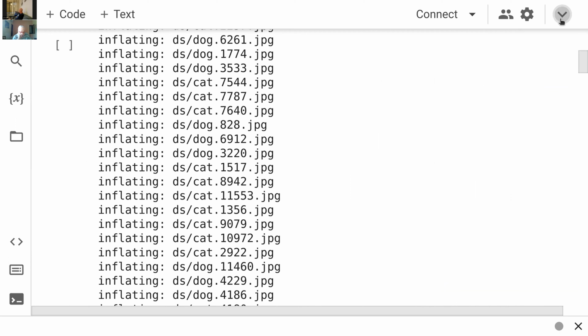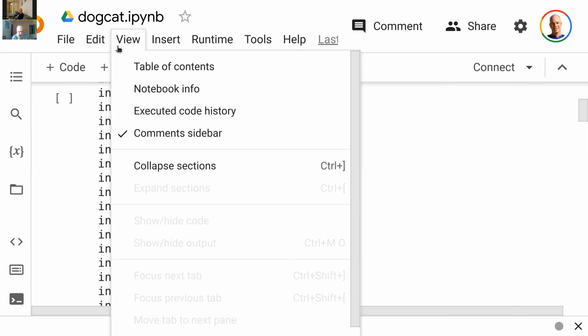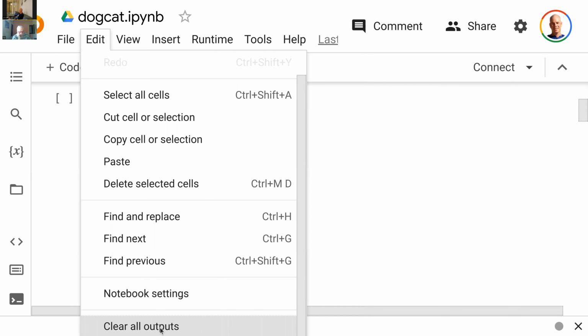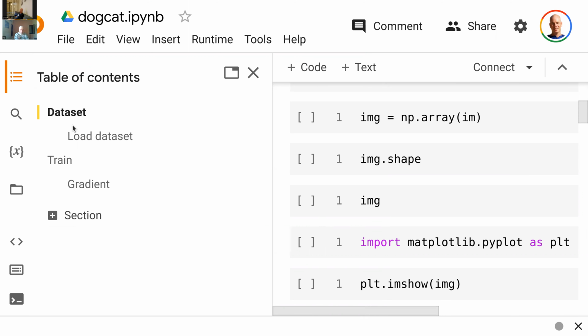Let's do it in two steps. First, let's clear all the output from last time. So edit, I think, clear all outputs. And let's have a look. We have a table of contents here. We finished dealing with loading the dataset, and now we're going to start training. So now I will run all the cells